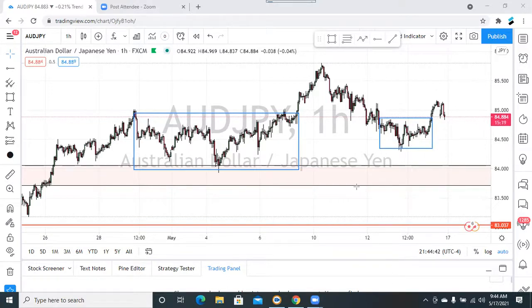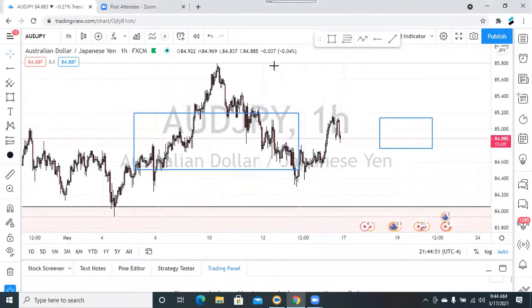Okay, so now we have accumulation on top and accumulations. In a shorter time frame, we might see the price go up first. You may come down to this area. You go up first, maybe to fill this gap, or maybe take out the high. We don't know how high you want to go. So maybe we can see the price go up again one more time before the price goes down to